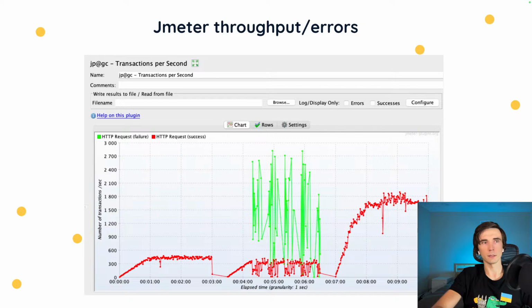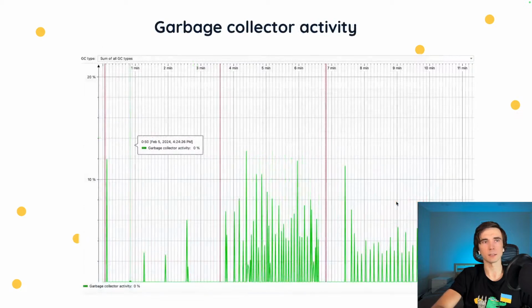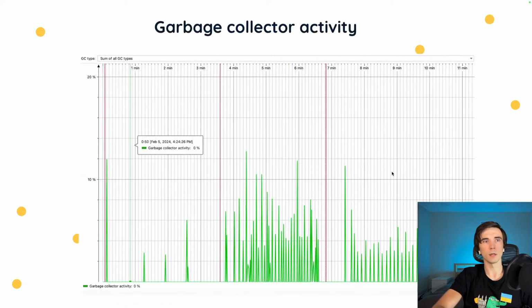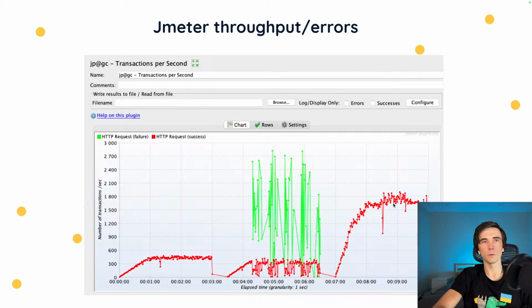JMeter throughput and errors. You may see that when you're using the parallel controller with the same amount of JMeter threads, we are generating like 3-4 times more requests per second. So that partially answers the question, why do we use more CPU? Actually, we use 2 times more CPU, but we are generating 3 or 4 times more load with the fix. Without the fix, even with 4 gig, with not a huge load, with only 30 threads,